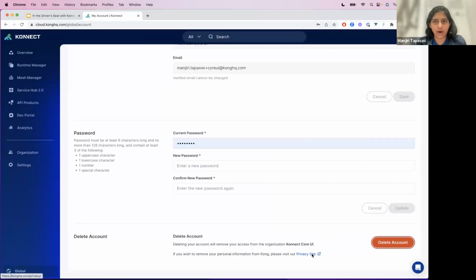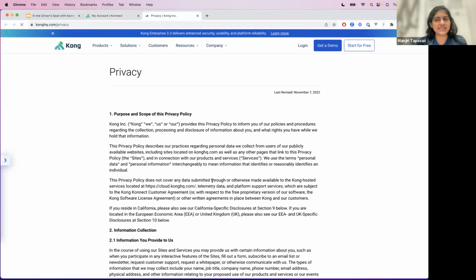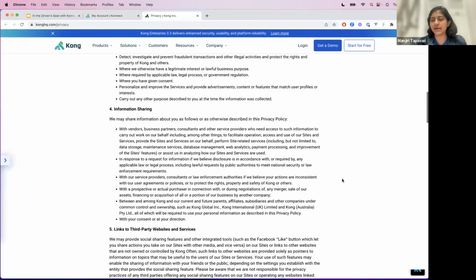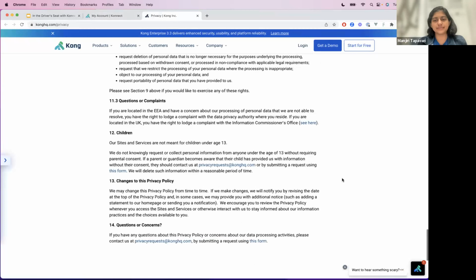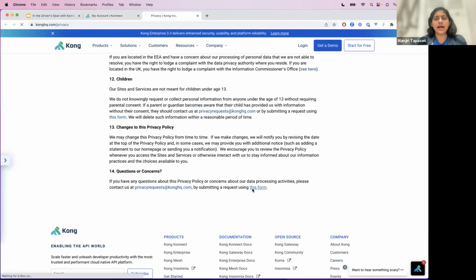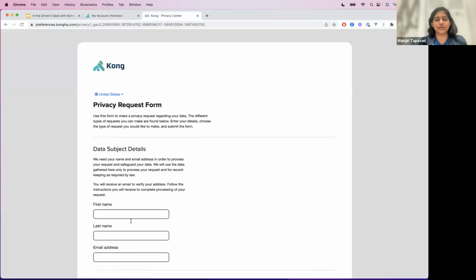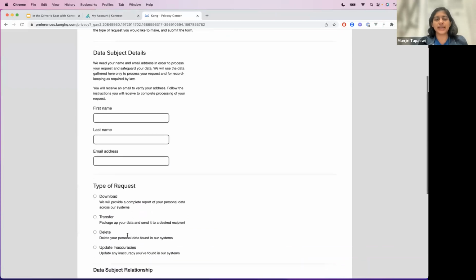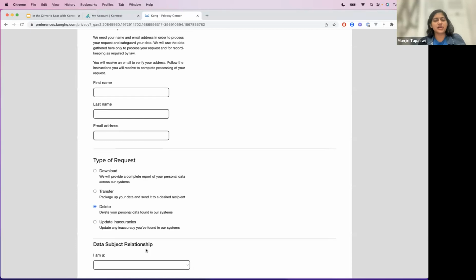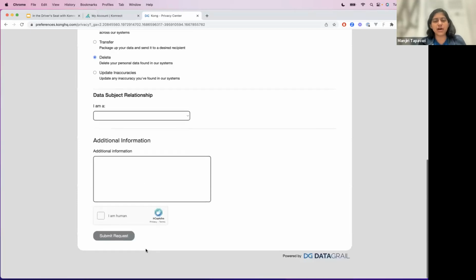Over here, you can opt in to remove all your personal marketing information from the entirety of Kong by clicking on privacy site. You will be redirected to Kong's privacy site. If you scroll down to the very bottom, you'll find a form. Currently, this is a manual process where you fill in your user information. You can choose to delete a request and make sure that all your information is deleted from Kong, and submit